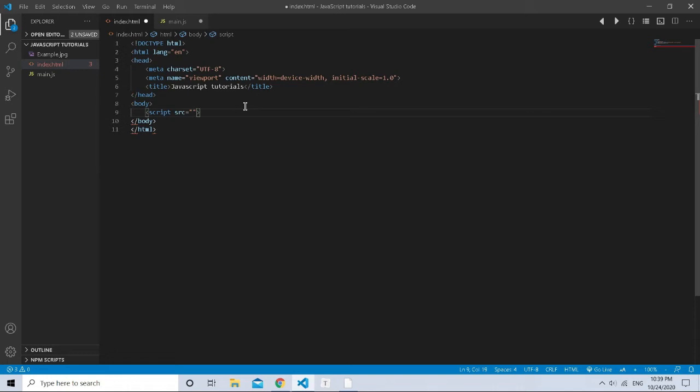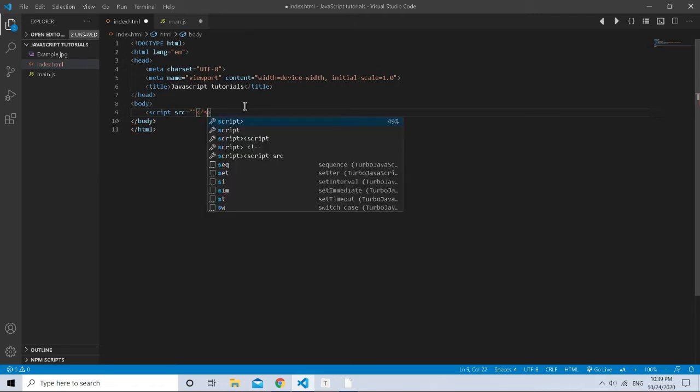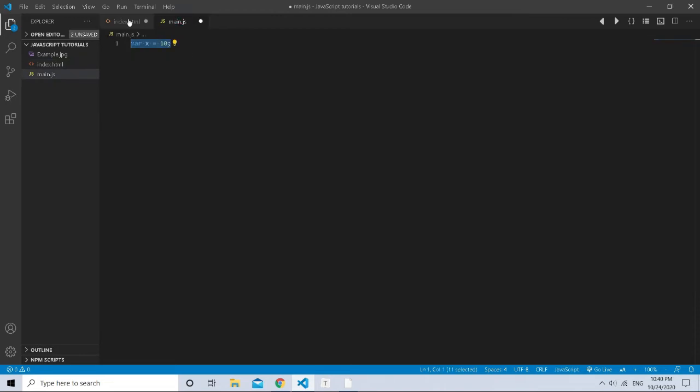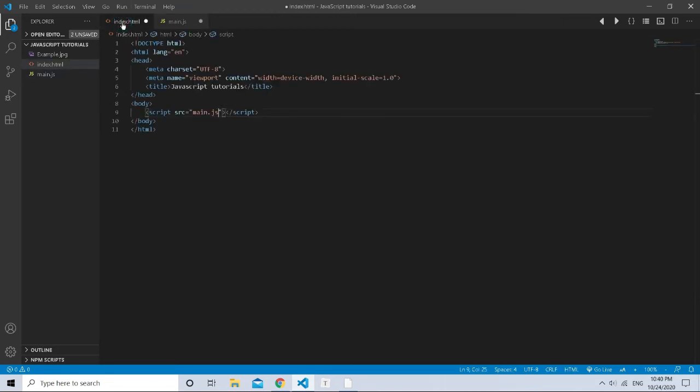And remember guys that this script tag is an element, so we have to end it with this script ending tag. Let's close it properly. And now we are going to write main.js. We are going to link it because, as you can see, it's right here inside the same folder as index.html. Let's save it.